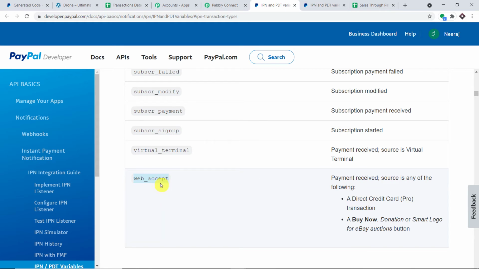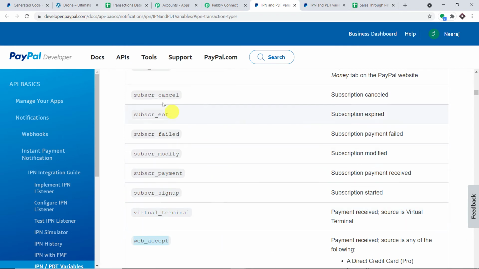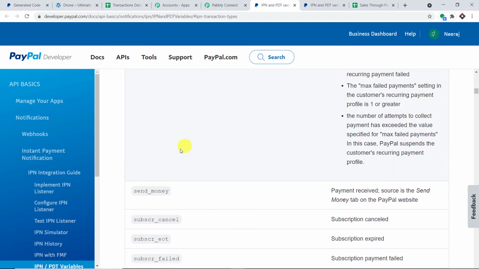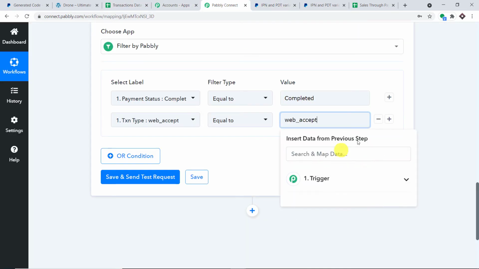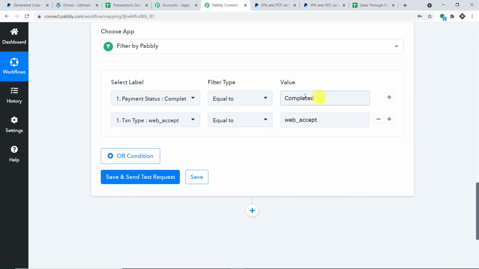If you may remember, we have got the payment information from the web, that too from direct credit card as well as using the buy now button. If you want other ones like subscription cancelled, subscription EOT, subscription failed or send money, you can add those too. But I'm happy with this one, that is web accept. Let me click on paste. So we have made two conditions: the payment status is equal to completed and the transaction type is web accept.